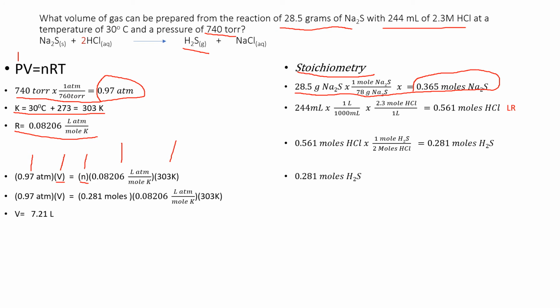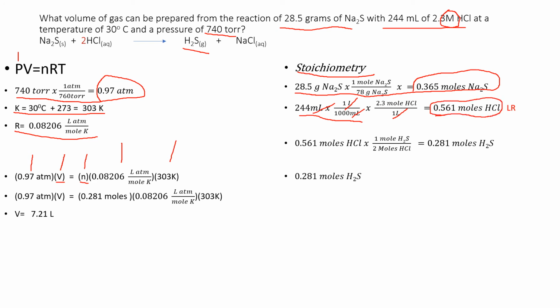I'm going to do a similar process for the HCl. This is a solution, so I'm going to start with the milliliters. 244 milliliters, change it to liters, 1 liter, 1,000 milliliters. Then again, using that molarity, remember what that capital M means, that many moles per liter, 2.3 moles of HCl per 1 liter. Liters canceled, milliliters canceled. What am I going to have? Moles of HCl, 0.561 moles